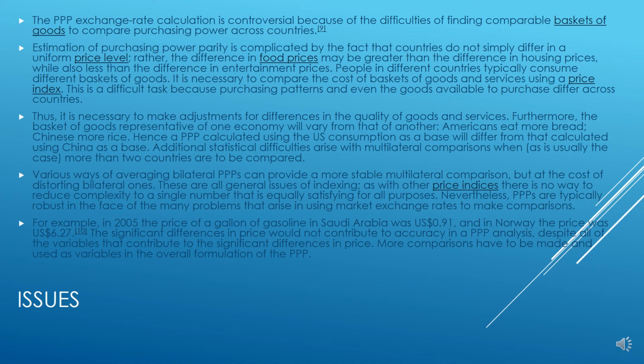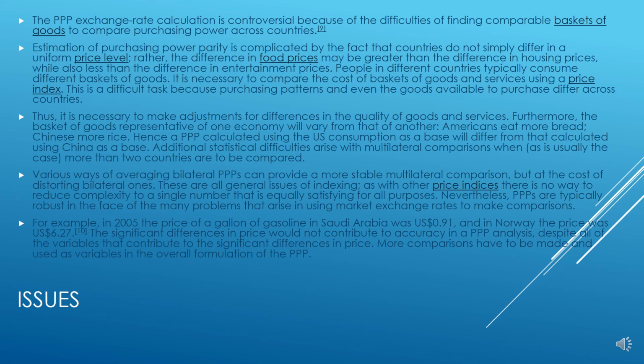So additional statistical difficulties arise with multivariable or multilateral comparisons, when more than two countries are to be compared. Various ways of averaging bilateral purchasing power parities can provide a more stable multilateral comparison, but at the cost of distorting bilateral ones. So these are all general issues of indexing. As with other price indices, there is no way to reduce complexity to a single number that is equally satisfying for all purposes. Nevertheless,